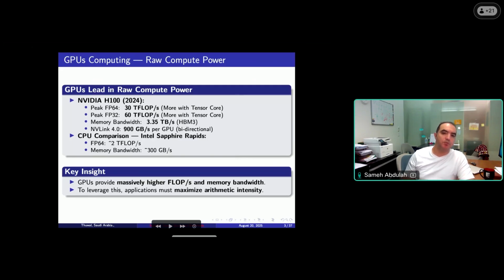So GPU computing. GPUs are leading now the compute power everywhere. All the supercomputers everywhere, you are relying on GPUs, especially with AI and large language models now. You need GPUs to process larger models. And these GPUs have some kind of